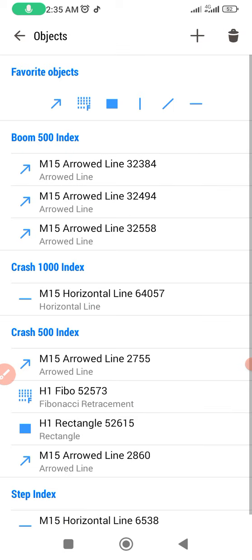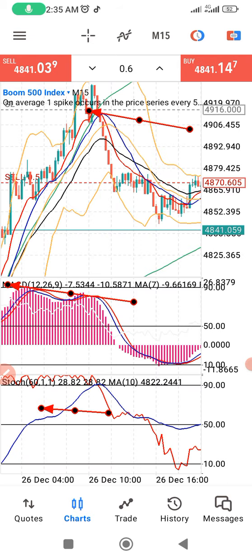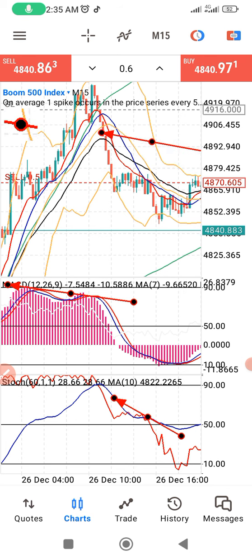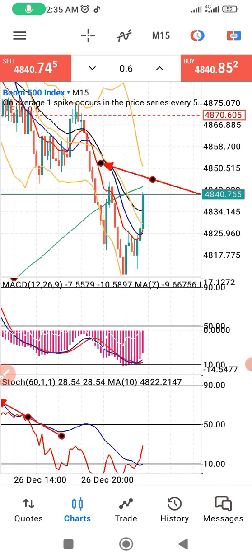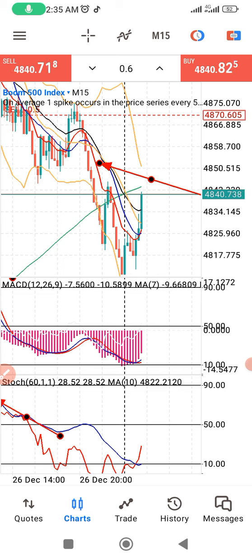And above all, we said we want to see that there is a cross between our stochastics, as well as our moving average 10. We want these three things aligned. We wait for price to close below two of our moving averages, either the 10 or the 15, that will make our entry. That is for reversal, but our focus today is how we can take a trend continuation trade,